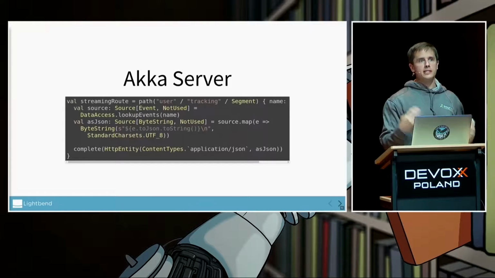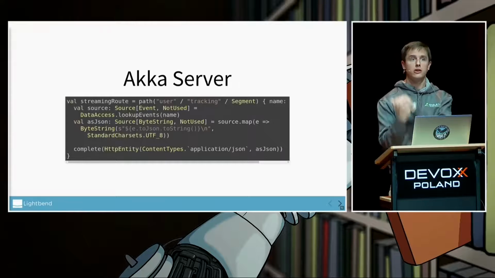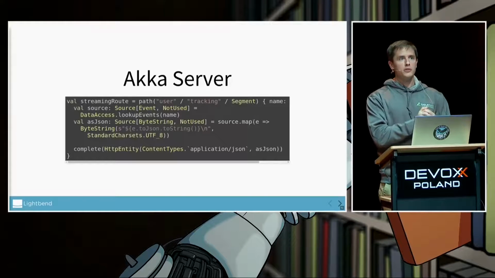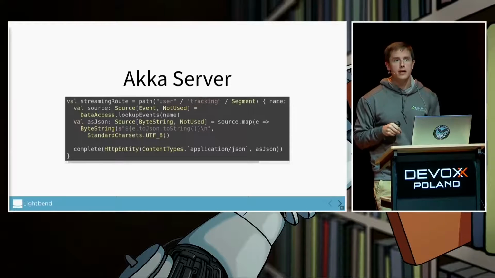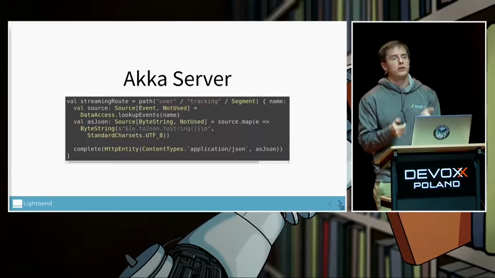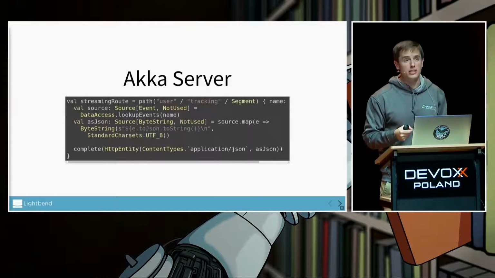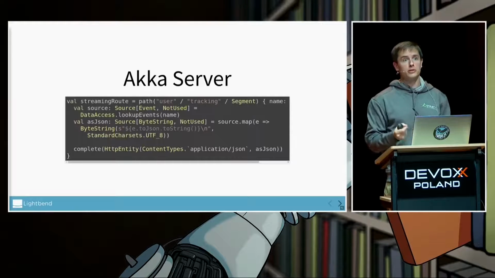And then what Akka HTTP is going to do is connect it to a sink, which is tied to the socket, the TCP socket, which is going to send data back to the client. So until there's room in our send buffer on the TCP side, we're not going to ask for any elements. We're not going to ask for items from the database. So if the client stops consuming things, we're going to stop demanding things from the source that this code has produced for us, and then we're going to stop taking things back from the database.